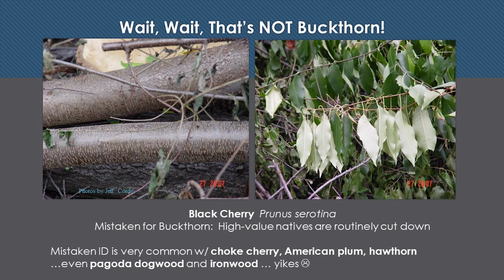We'll step away from the chemicals for a minute and talk about, wait, that's not buckthorn. There are people out there that are cutting all kinds of stuff that's not buckthorn. This is a nice, big, 3-inch diameter black cherry tree that's in the buckthorn brush pile. Oh my gosh, we have had contractors that have cut everything that does not look like buckthorn. Ironwood. And the cherry bark does look very much like buckthorn, so we don't go by the bark, right? We already talked about that. We're going by the buds and leaves. Those leaves look nothing like buckthorn leaves, and you have your buckthorn leaf handout too to help you out with that.